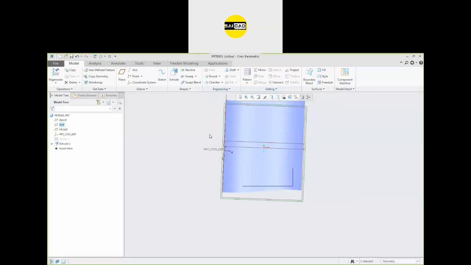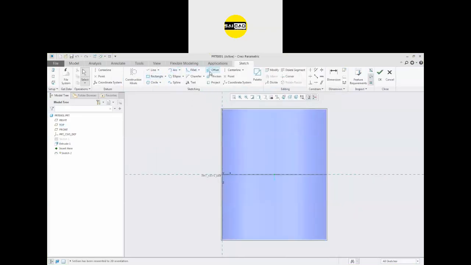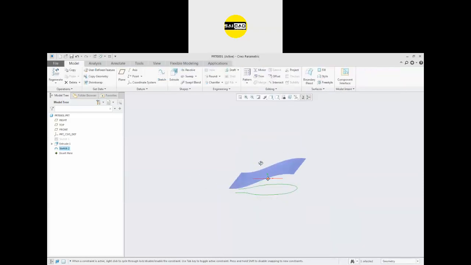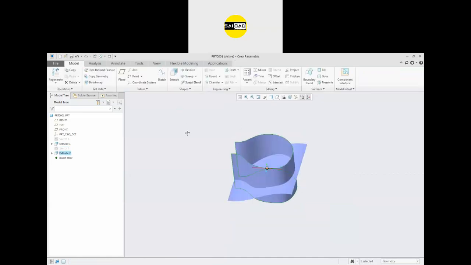Now you have to just create another shape and define the shape you need for the fin. So I'm going to define that with the help of a sketch, like that, and I can just go to the extrude again like that, click OK, and I can just use the trim option from here.